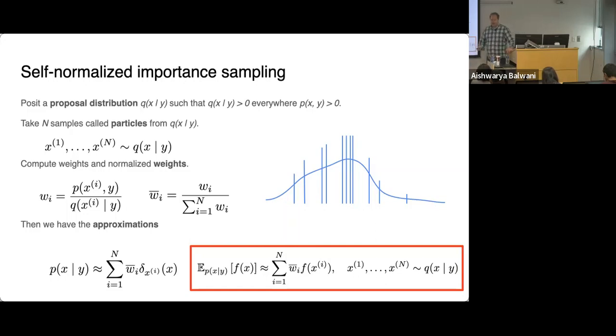The idea in importance sampling and in the methods that'll build on this is that we're going to approximate this with a weighted collection of particles. So each particle is an atom located at some position. These are the vertical blue lines. The weights are the heights of these. So we're going to have a weighted collection that we want to look, in some sense, like this blue curve.